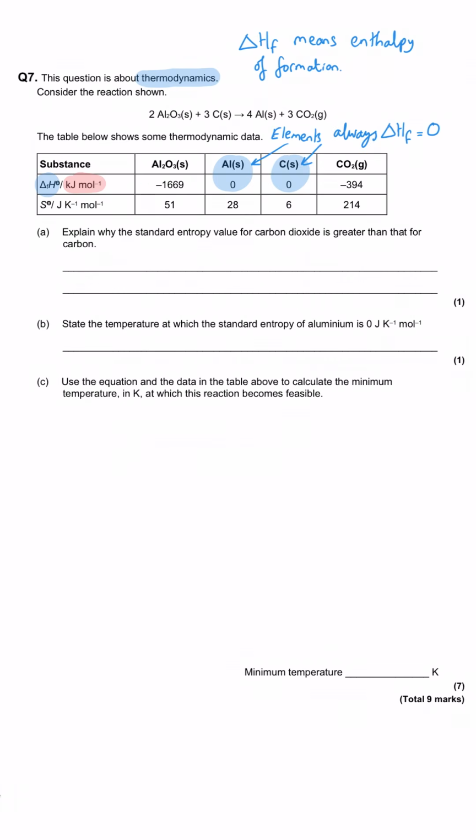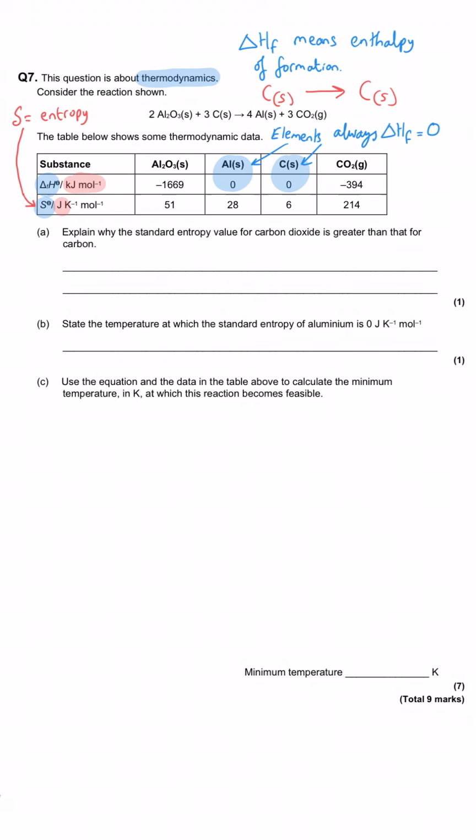By definition, the enthalpy of formation for an element is 0, because the enthalpy of formation is when you make a mole of something from its elements. So you can't make a mole of carbon from a mole of carbon and expect that to have any enthalpy change, because we aren't actually changing anything. And so that's the same for aluminium. The enthalpy change for formation for elements is 0. And then on the bottom row, we've got entropy change, and that's in joules per Kelvin per mole. And the fact that we've got joules and kilojoules is going to cause us a problem that we're going to